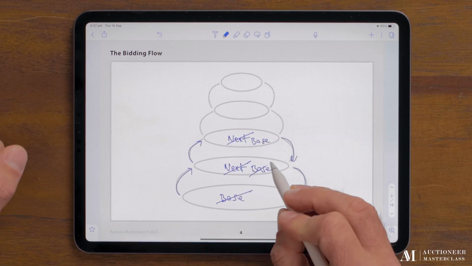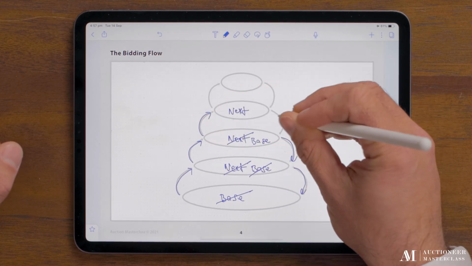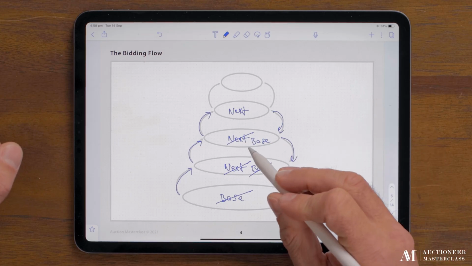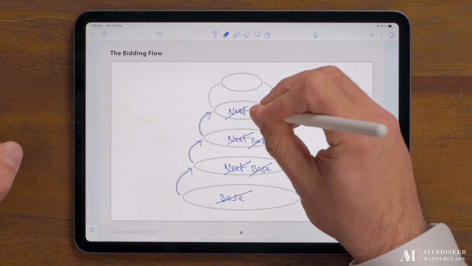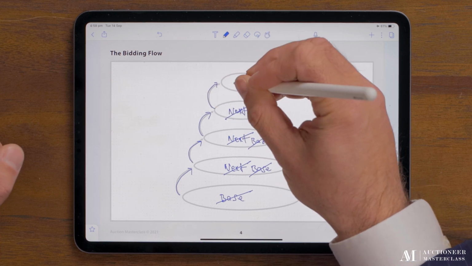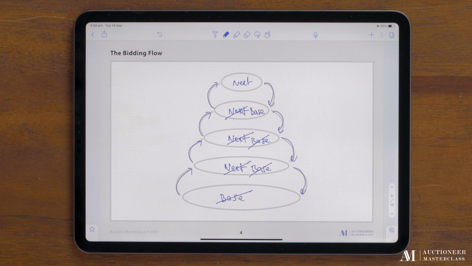And all of a sudden that base disappears. And then we're calling for this next at $1,075,000 and a new line back to the base. Next, we receive the $1,075,000. That base goes, that next goes. We've got a new base of $1,075,000, a line. We're calling for 1.1 million. That's our next. Back to the base of $1,075,000, and so on and so forth.